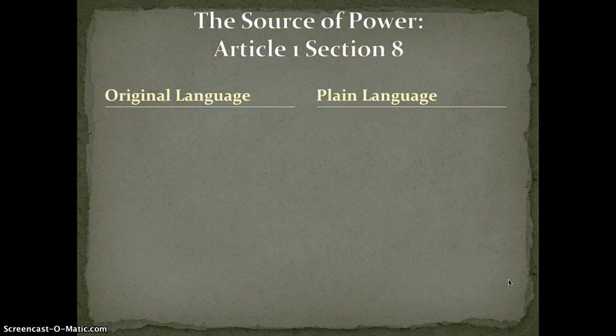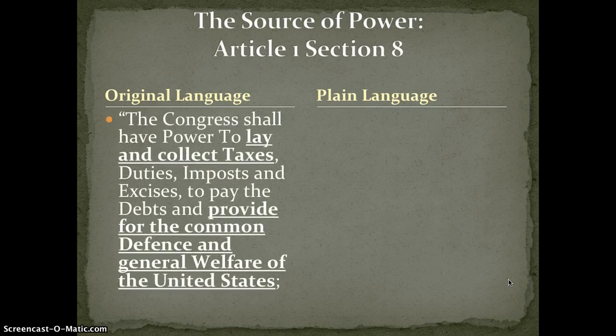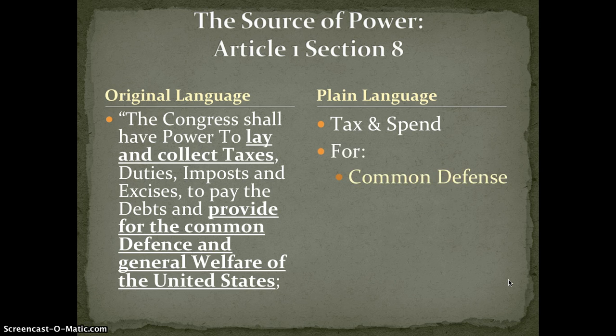Now, Article 1, Section 8 is the primary location where we see the powers of Congress. When we look at the Constitution, it says that Congress shall have the power to lay and collect taxes, duties, imposts, and excises, to pay the debts and provide for the common defense and general welfare of the United States. What this means is that Congress has the ability to tax and spend for things like our common defense, our general welfare,